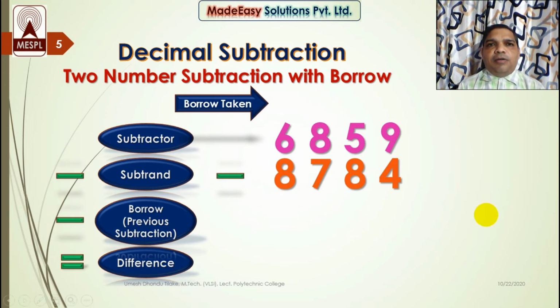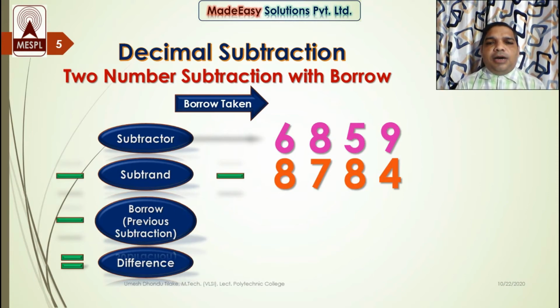Now here my subtractor is such a number which was subtrahend in the previous example, and my subtrahend number is such a number which was subtractor in the previous example. So basically, my subtrahend number is larger than the subtractor number. So let's see what result we will get over here. In the previous example, the result we got was 1925. So I must get the same result over here because the same numbers I have considered, only I have shuffled them. So let's move forward and let's see what result I will get.